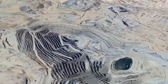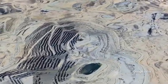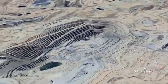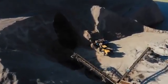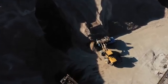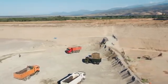The copper ore here is of relatively low grade, but the sheer volume of the deposit, combined with advanced mining techniques, allows for the extraction to be economically viable. The ore is processed on site using large-scale crushing, grinding, and flotation facilities, which produce copper concentrate for export to smelters around the world. The molybdenum produced as a byproduct is also sold on the global market, adding to the